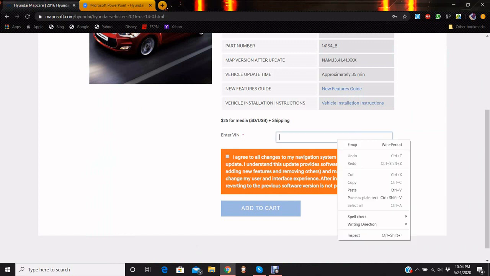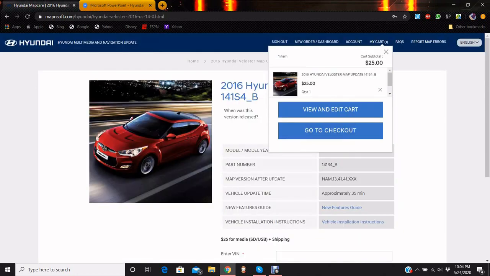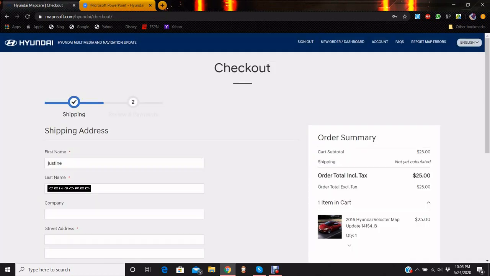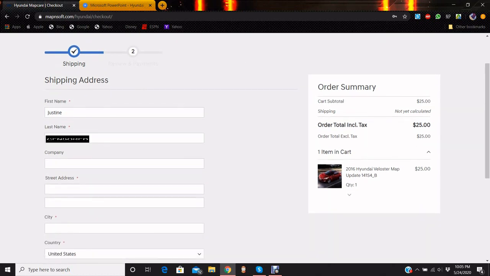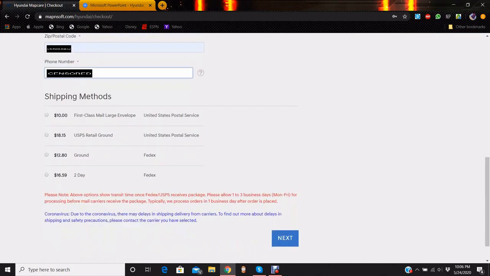So your VIN number is gonna be right there. Paste it, agree, and add to cart. So after you add it to your cart, go to checkout. Okay, so you're gonna have to put all your information here, right? So, and then